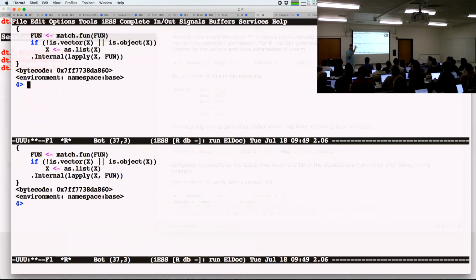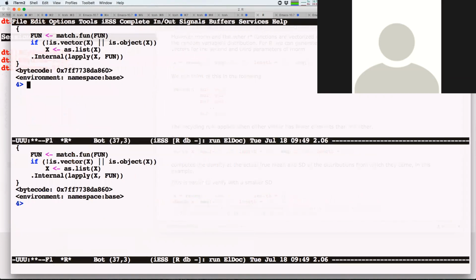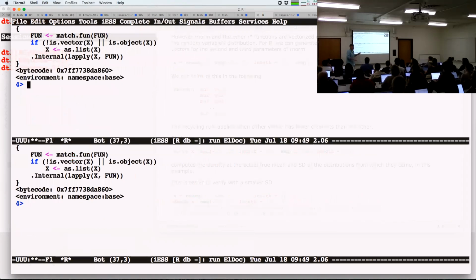There's these things called .internals and .primitives, and that's no longer R code. That's C code. You can't see it, but it's looping over this. The fact that it's in C code makes it slightly faster, but that's all it's doing. It's calling the function you gave it with the ith argument, and then any additional arguments you give.